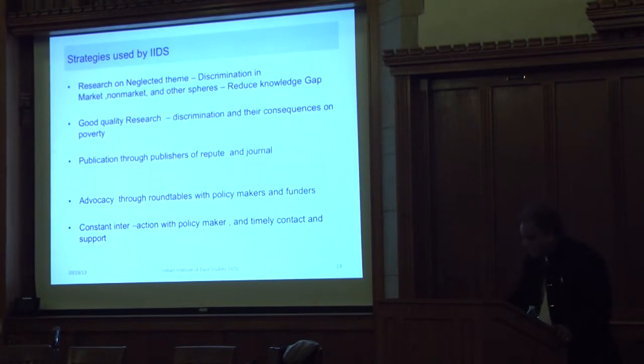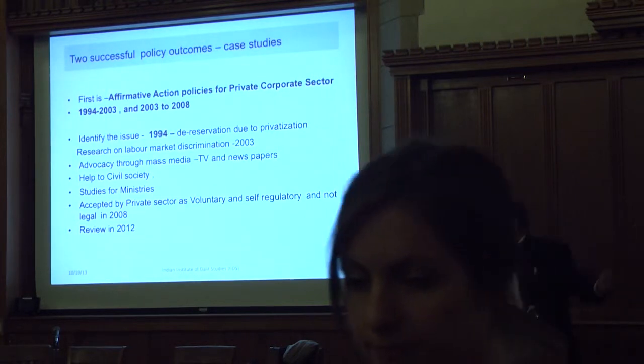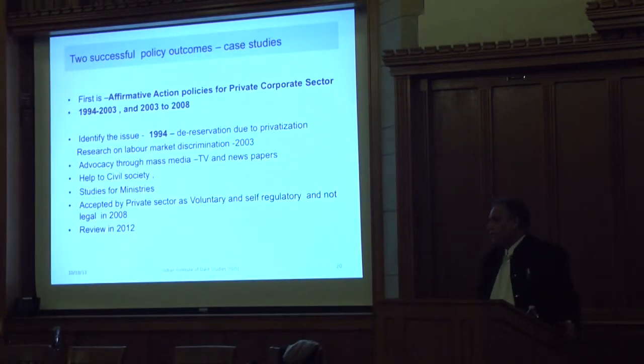But I will only focus, because of lack of time, I will give the two successful cases and then summarize. First is the affirmative action policy for the private sector. The affirmative action policy in India is a very comprehensive policy adopted in the 1930s and 1950s, but the private sector was excluded. And the state sector was very big during the early period. When the privatization and liberalization policy came, the excluded group began to ask for affirmative action policies